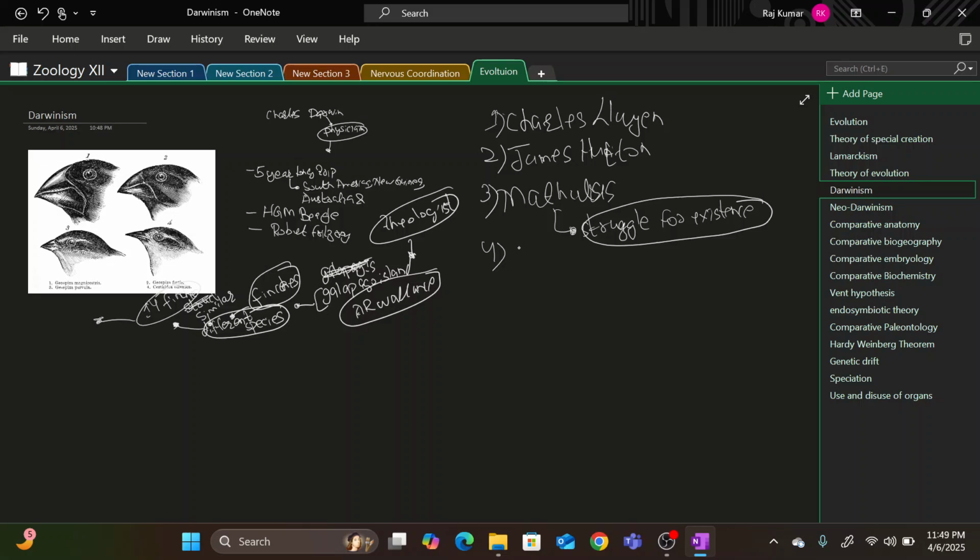And one more person who was involved in this was A.R. Wallace. A.R. Wallace was a naturalist from the East Indies, and he asked Darwin to publish his theory. He wrote a theory, not Origin of Species, because Origin of Species was written by Darwin actually, but A.R. Wallace wrote a theory named the theory of natural selection, and he sent that theory